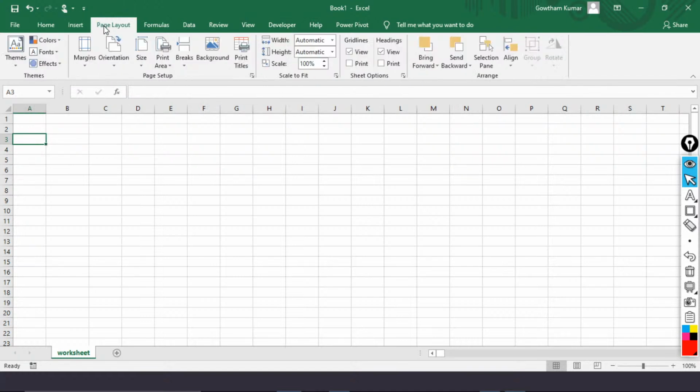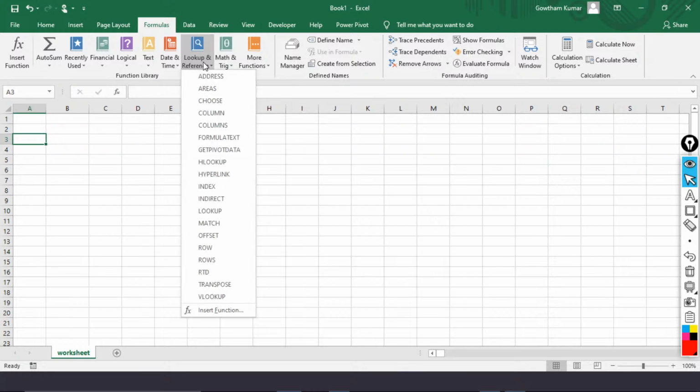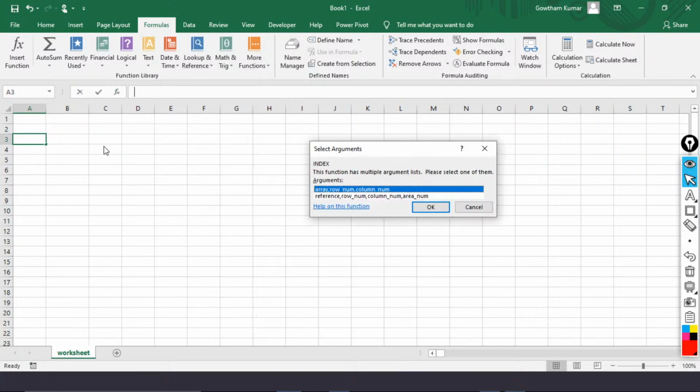Talking about page layout, this is a place where we choose what the background color should be. If I want to see the print area, all those things, we can use this, but we will use this very little. Talking about the formulas pane, we will be writing formulas rather than picking formulas from this. But if you are a beginner in Excel and want to take a formula from the Excel tool itself and take help from it, say for example I want an index formula, it directly writes the index function there,